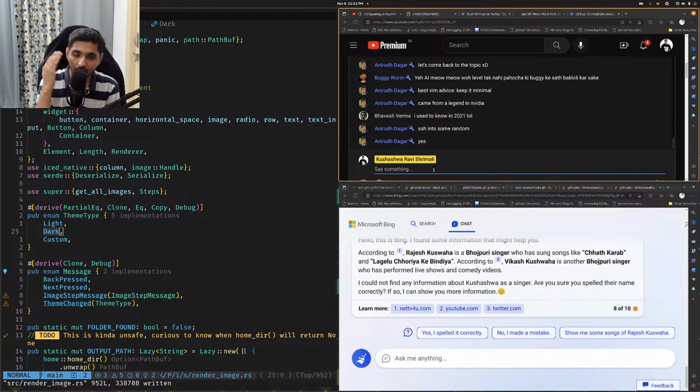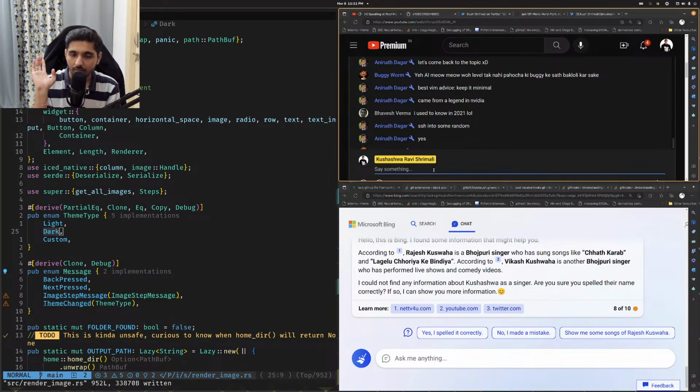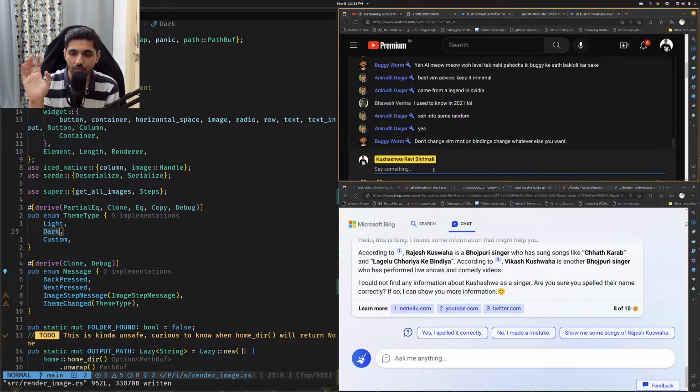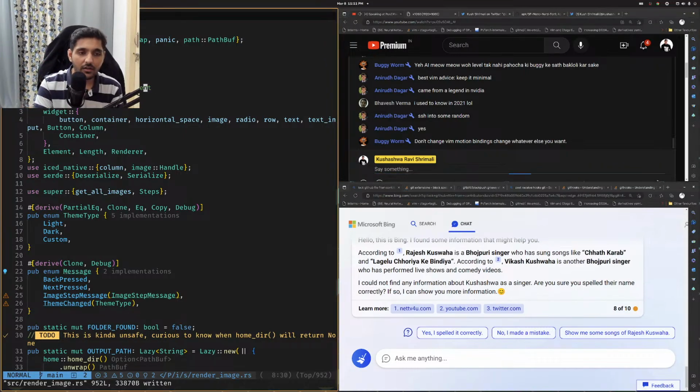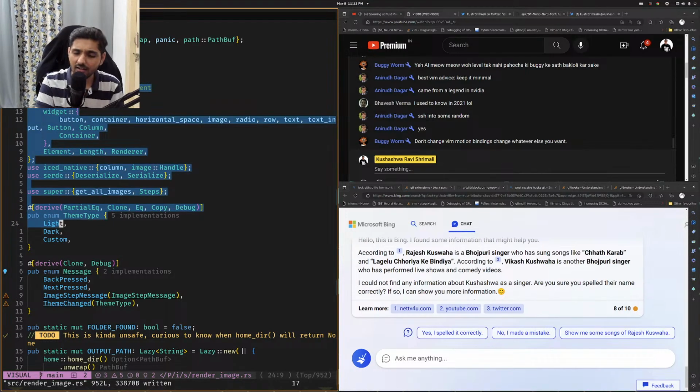Yeah. So always know the basics. Then if you want to configure, you do whatever you want. But as long as you remember, like I remember, I can actually use Vim. Yeah, don't change Vim motion bindings, change whatever else you want. That's so true, right? Don't get used to it. For example, right now, selecting this text, right? Use